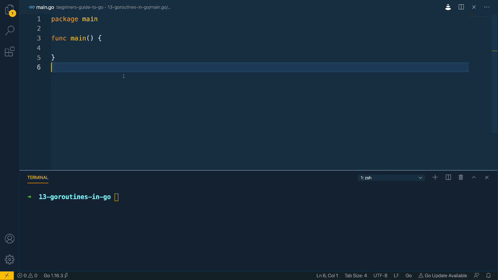However, in this section, we're going to start to explore how we can turn these single-threaded synchronous applications into multi-threaded concurrent applications using Go routines. In this video, we're going to start this journey by looking at something called Go routines within the Go programming language. So to start off with, a Go routine is effectively a lightweight thread